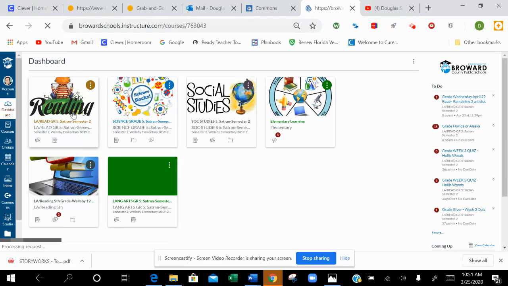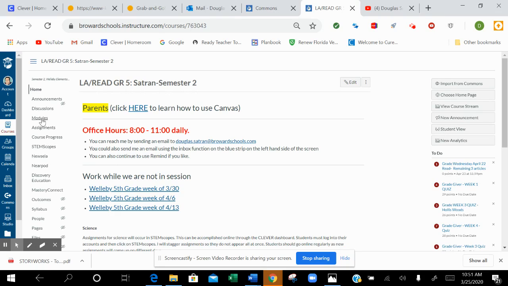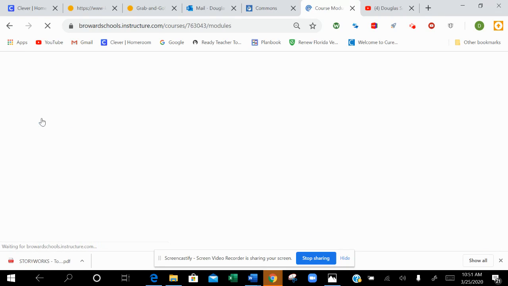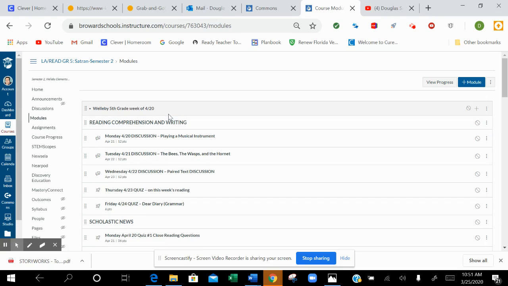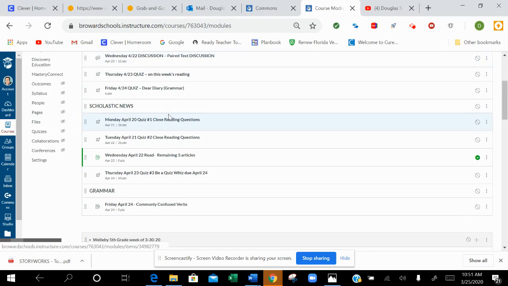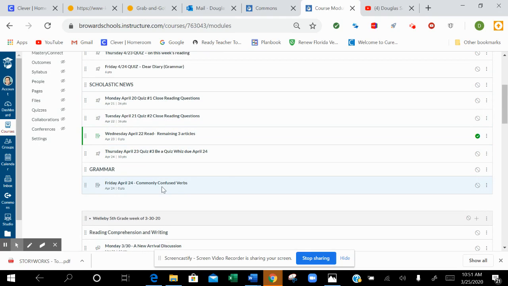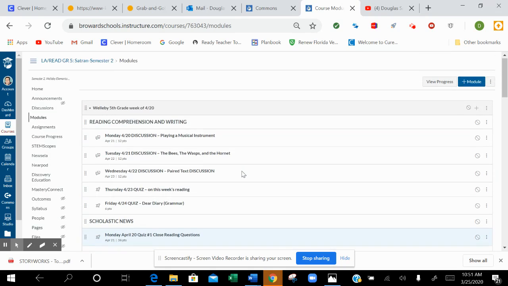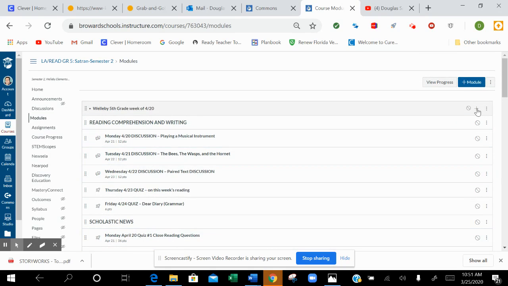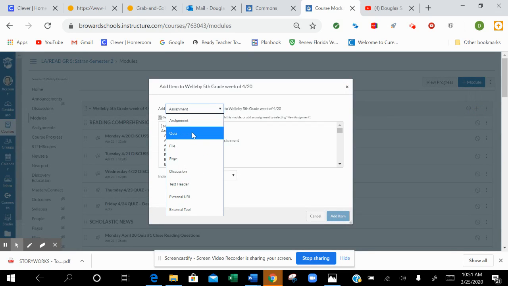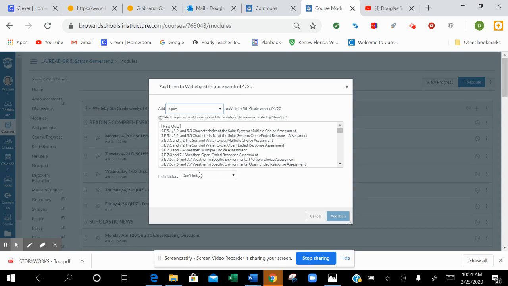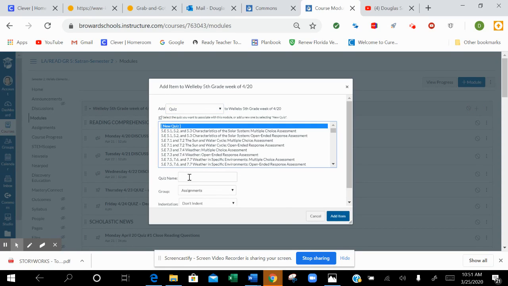So I'm going to go into my reading course. I'm going to go into my modules. And I'm currently working on the week of 4/20, and I brought it to the top so that it's always there for me to work on. And I've made a page that explains how to get into Think Central, but I don't have the quiz created yet. So I'm going to hit Add, change this to a quiz, hit New Quiz, and I'm going to call this